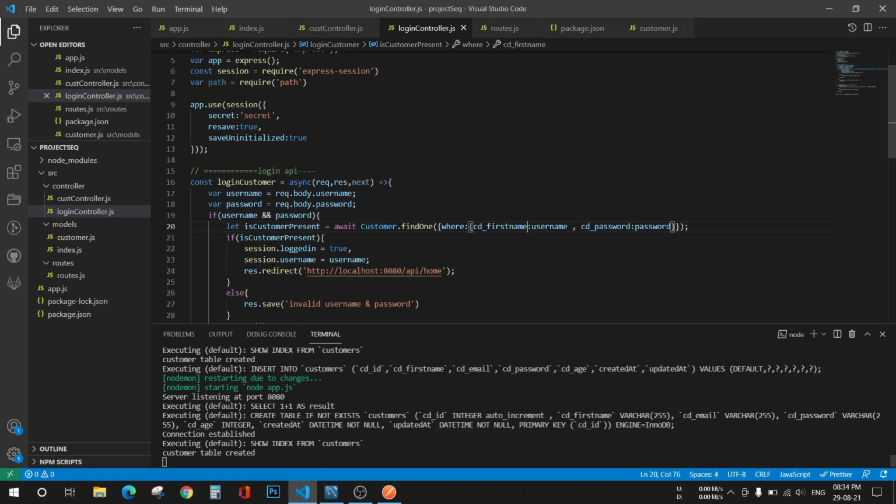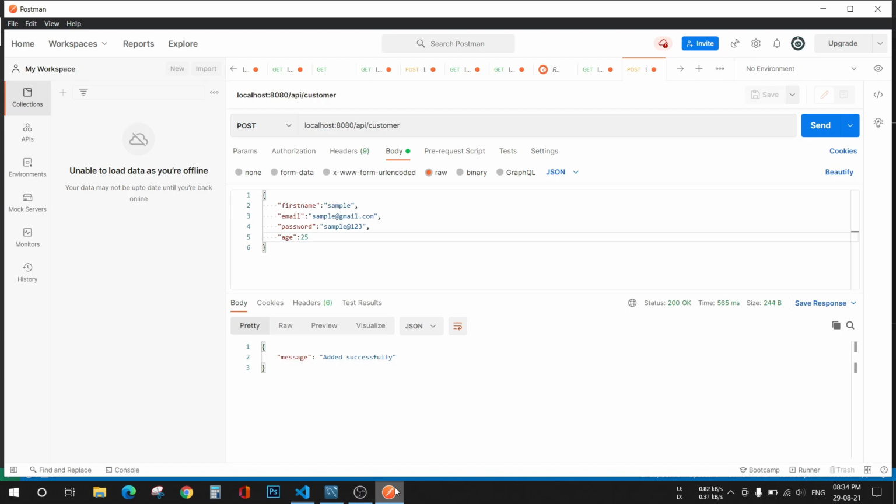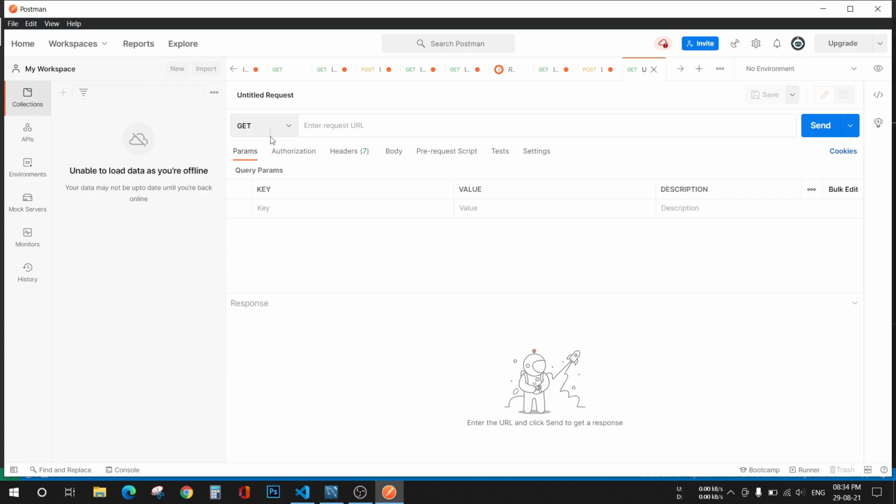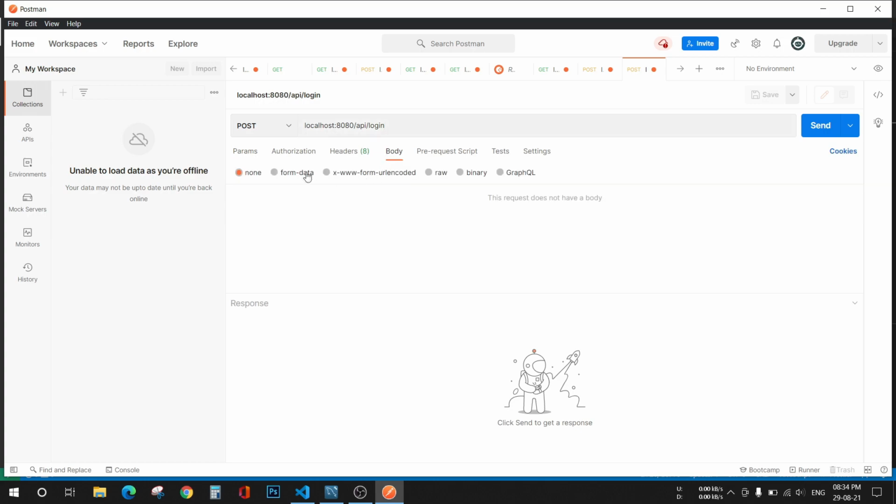So now for checking this login API, I'll go to Postman and open a new tab which will be a post call, localhost api login, and in the body I'll pass username as sample and password sample@123.